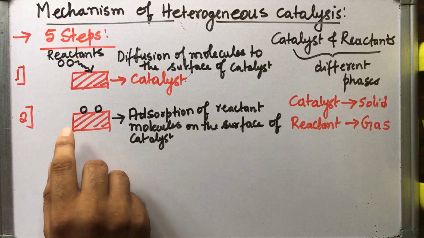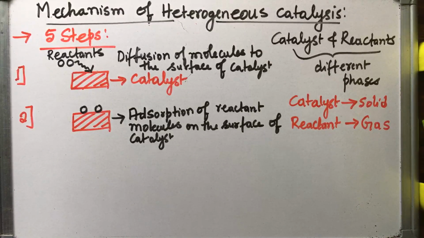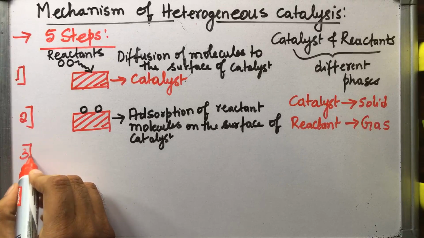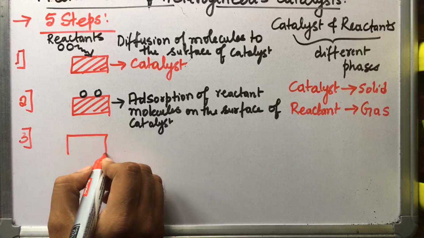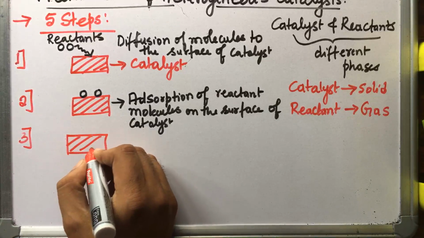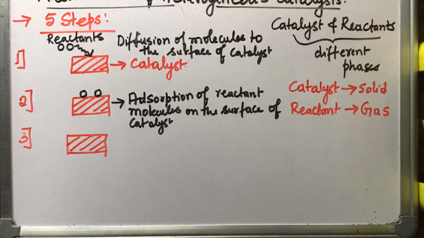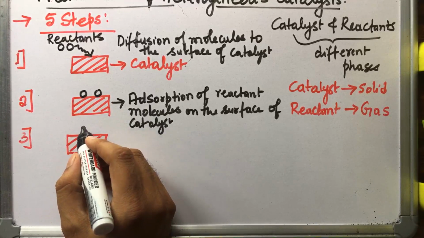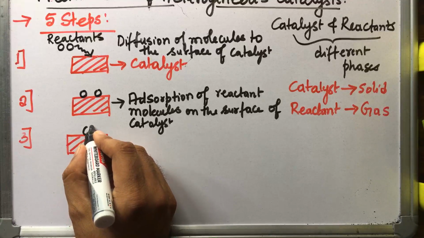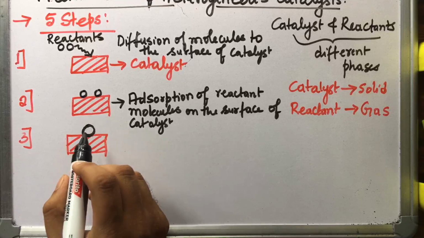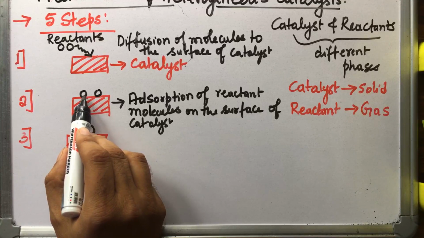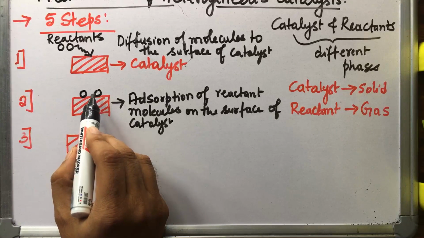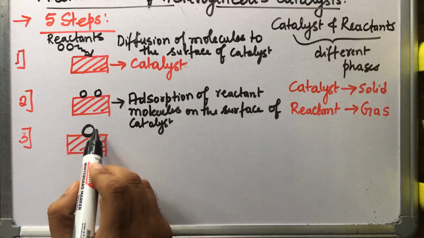Now once the catalyst gives the surface for the reactant molecules, there would be formation of an intermediate on the surface of the catalyst. Let me say step number 3. Once the reactant molecules get attached, it provides scope for the reactant molecules to form the intermediate, leading to the formation of products. Once it is adsorbed on the surface of the catalyst, there would be scope for interaction between these two reactants and it forms an intermediate. Via the intermediate, it forms the product.